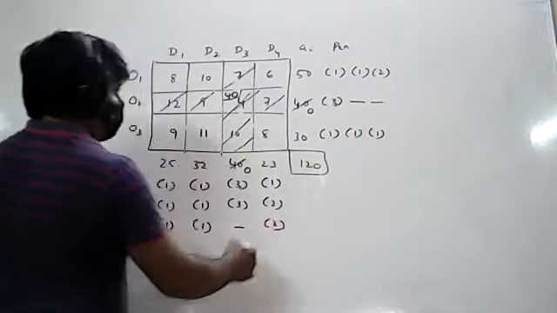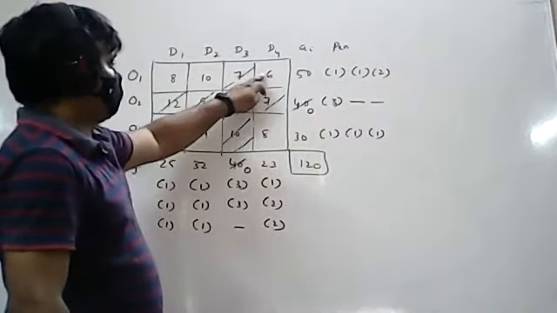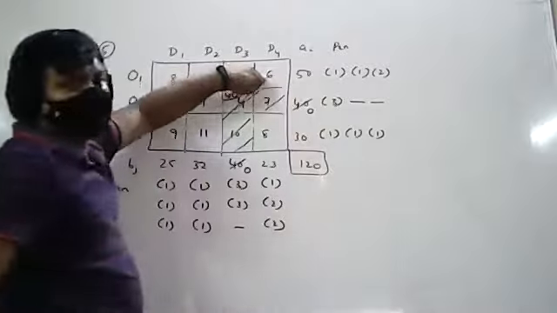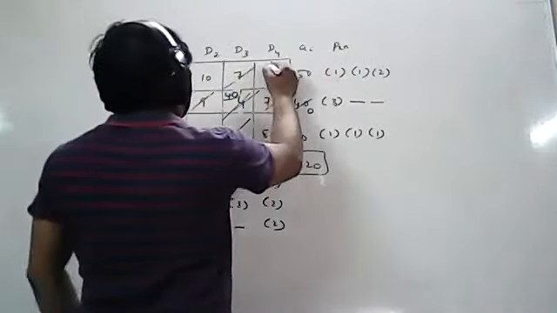What is the highest penalty? The highest penalty is 2, but it occurs twice. So in this 2, what is the minimum element? In this 2, the minimum element is 6. In this other 2, the minimum element is also 6. It occurs at the same place, and same place means you can consider any one. Okay, so the next allocation is made here.